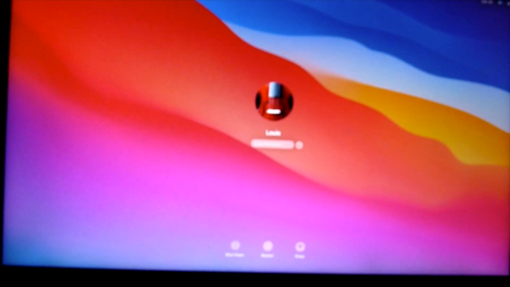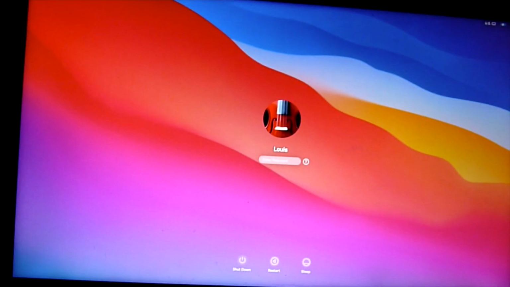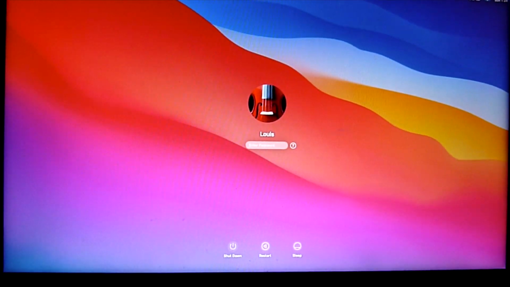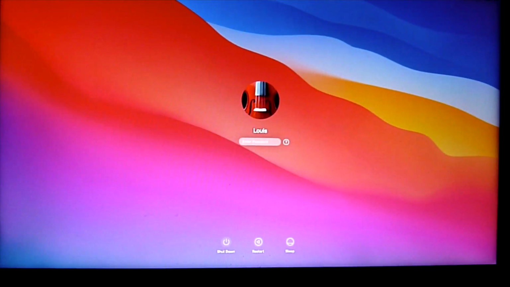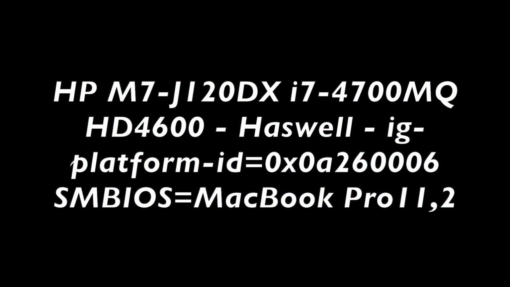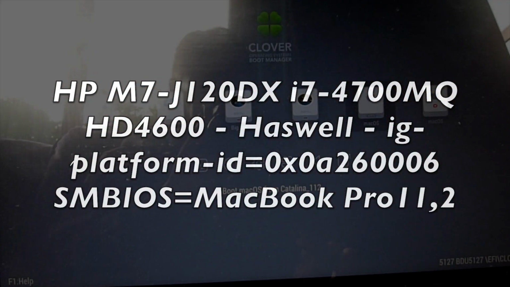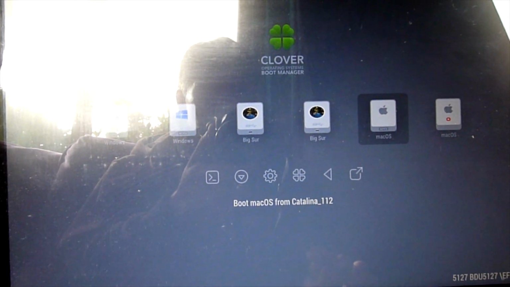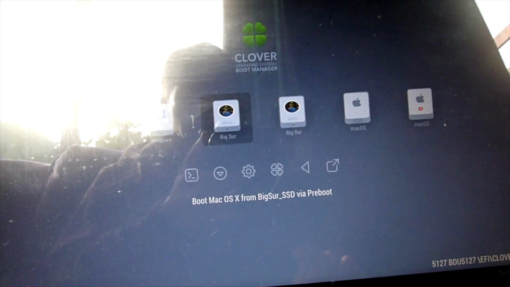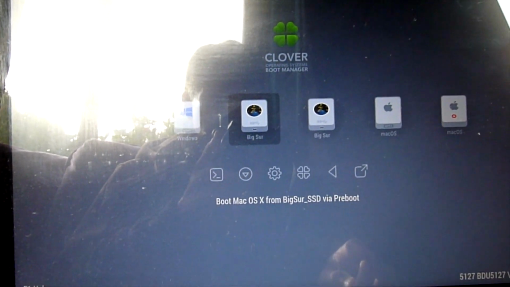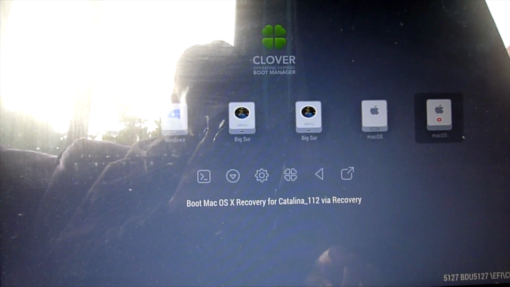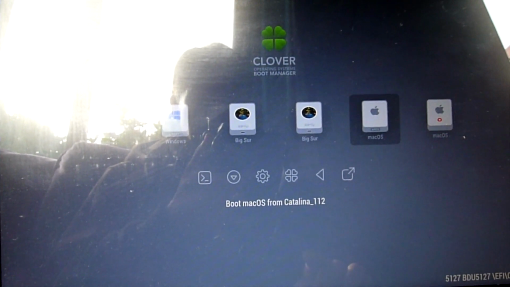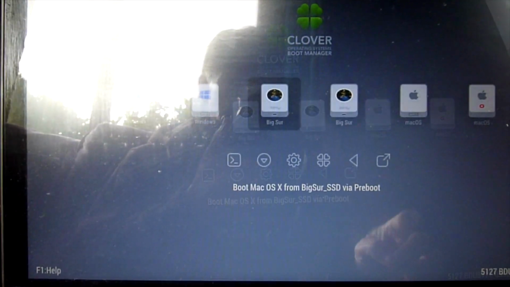Okay, so this one is Haswell 4400, HP X360, i7 4500U, Clover 5127. The Big Sur does not have the recovery. So I think they're still working on it, but for booting, it will boot fine. MacBook Pro